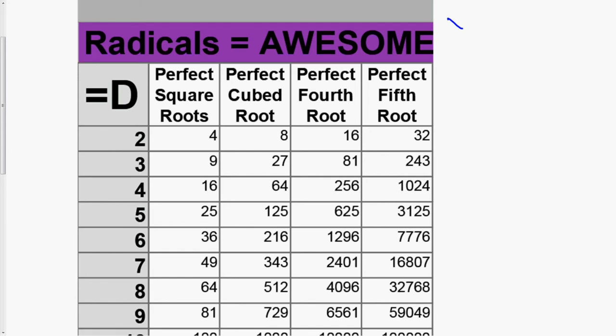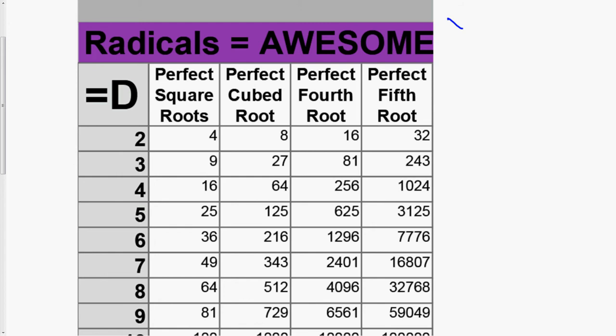All right, before we move on to the next section, I want to show you how to use this page that I've put in Blackboard. It's your list of perfect square roots, cube roots, fourth roots, and fifth roots. And when we get to the section where we are simplifying roots, this page is going to come in handy. So I would suggest that you print it off so that you have an idea of your roots in front